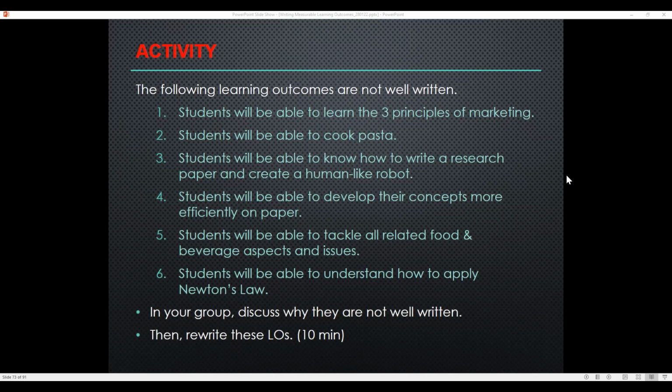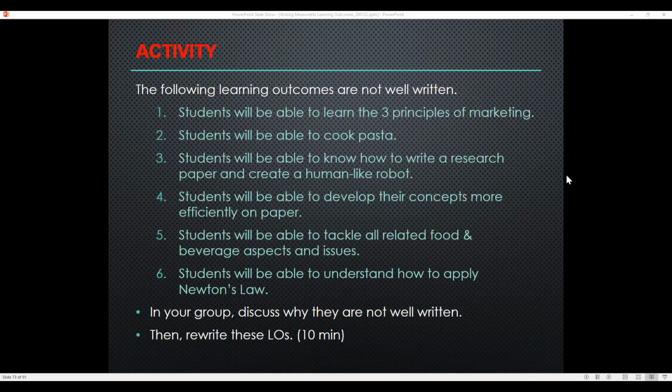Correct. But maybe analyzing or explaining can also show identification. Okay, in order for them to do that, the word analyze. We go to analyze. Analyze all related food and beverage aspects. Maybe analyze food and beverage aspects